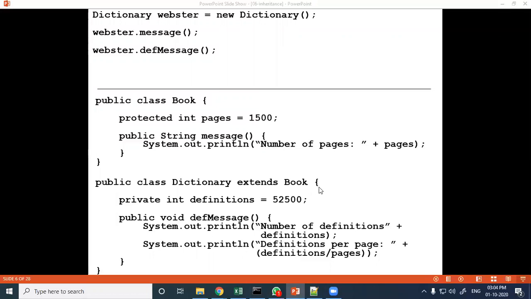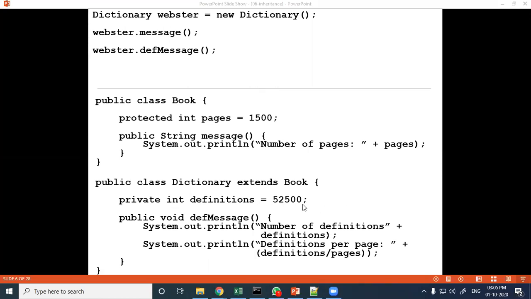So here book class is the base class, and this dictionary class is the derived class, and inside the dictionary class another private data member is defined, definitions equal to 52500.